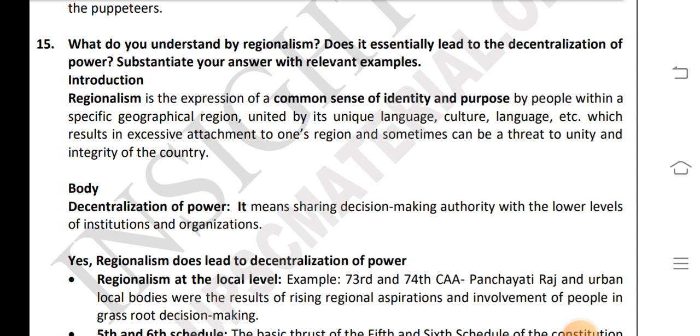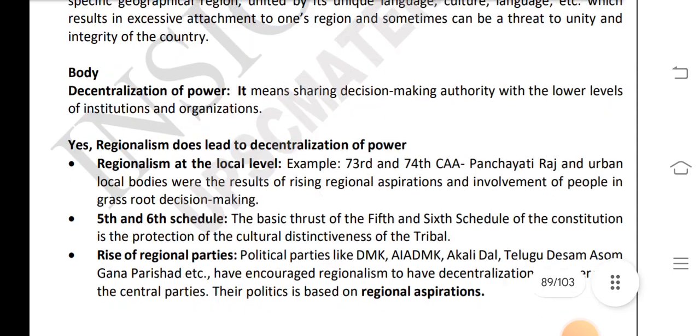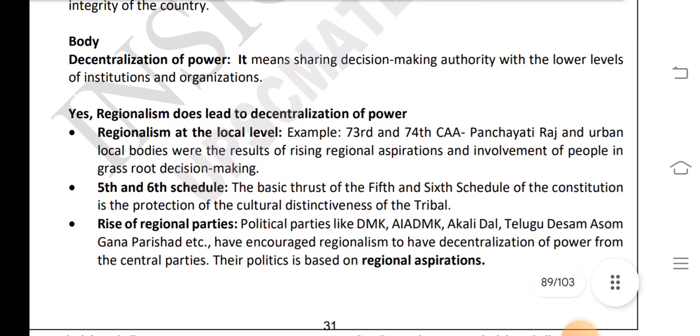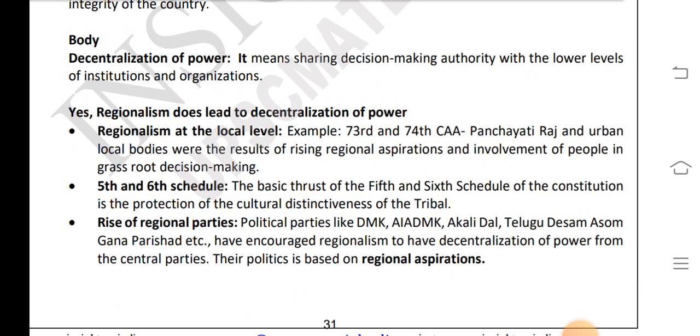Question number 15. What do you understand by regionalism? Does it essentially lead to decentralization of power and sustainability? Illustrate your answer with relevant examples. Introduction: regionalism is the expansion of a common sense of identity and purpose by people